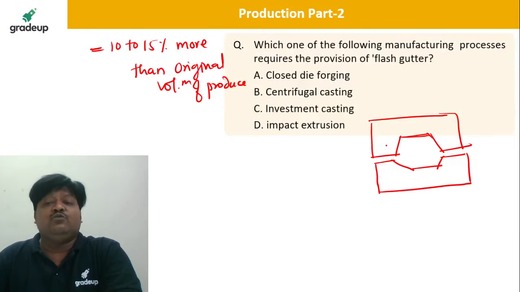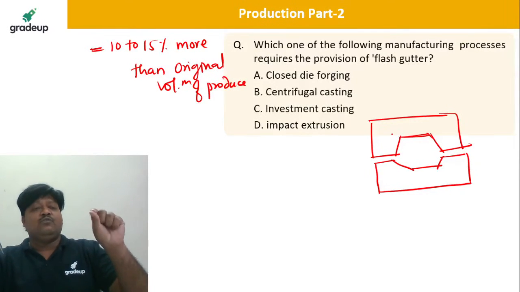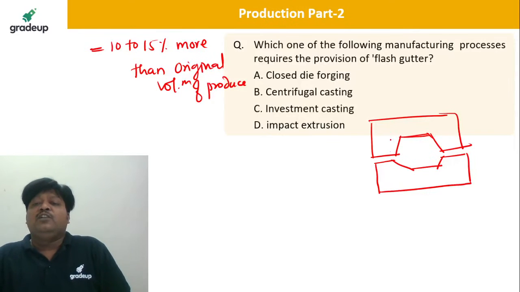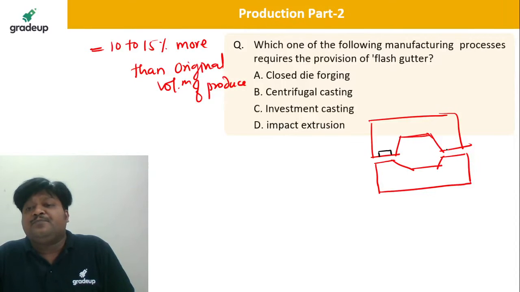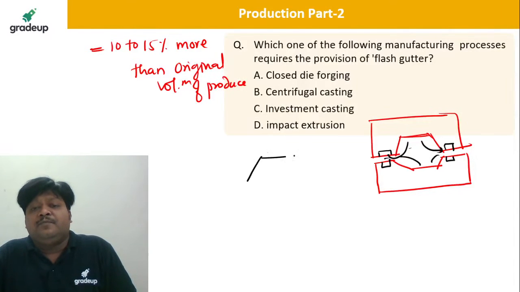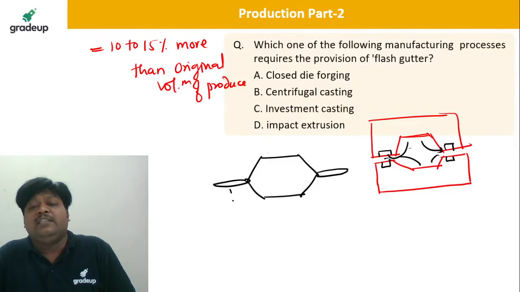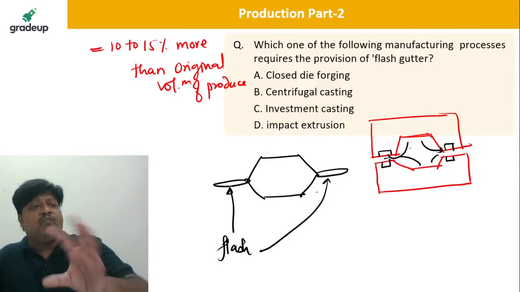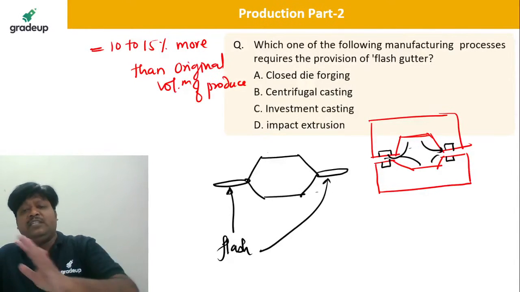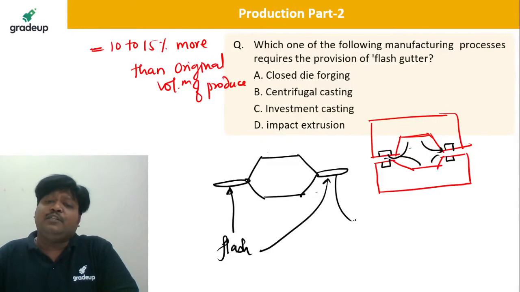For that reason, dear students, because in closed die forging the dies are closed, where will this excess material go? So for that reason, dear students, what do we do? We give gutters in the dies. So these are gutters, so that the excess material, after filling the actual die cavity, will flow into the gutters, and it is going to produce the flash with the final product. So this is the flash which is made because of the gutter, and this can be trimmed out, it can be cut and cleaned by the trimming operation.